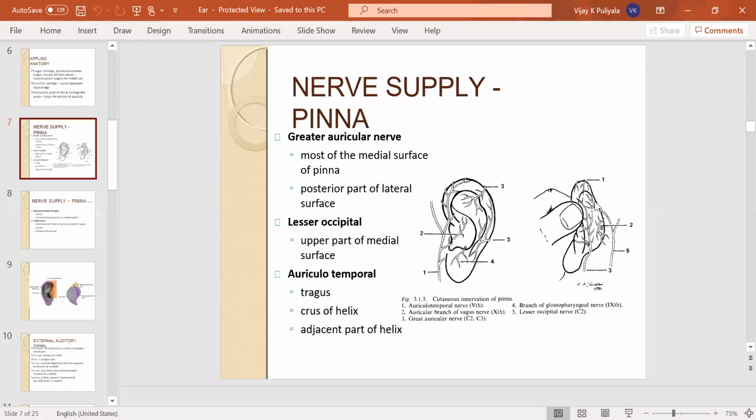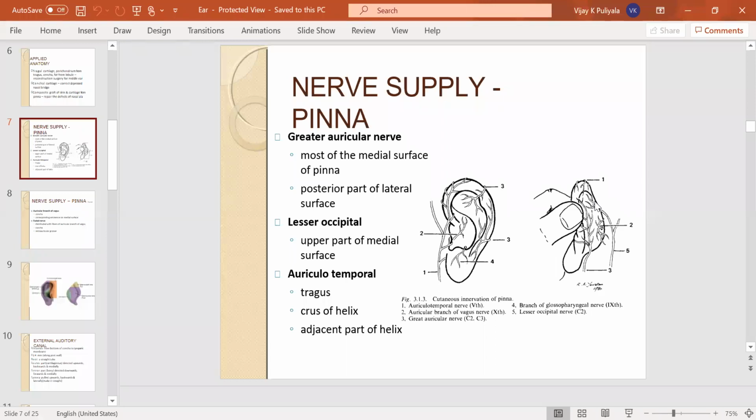The anterior auricular branches coming from the superficial temporal artery supply the anterior part of the lateral surface of the auricle. So the cranial surface along with the posterior part of the lateral surface are supplied by the posterior auricular branches from the external carotid artery, but the anterior part of the lateral surface is supplied by the anterior auricular branches, which come from the superficial temporal artery.